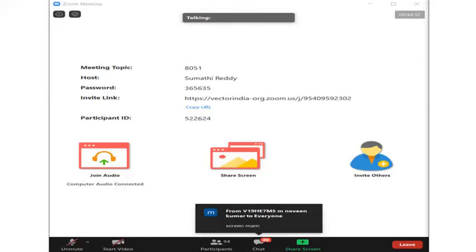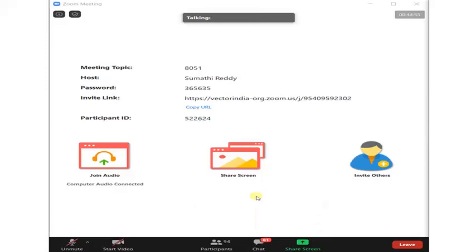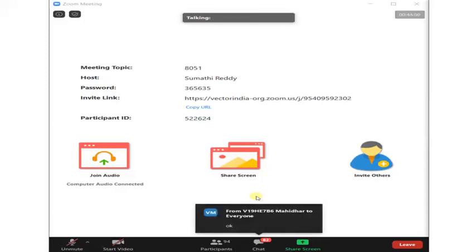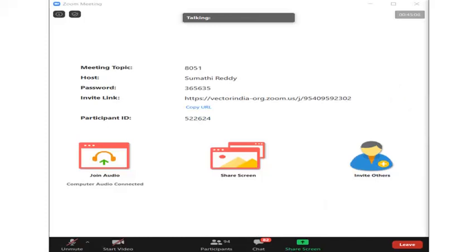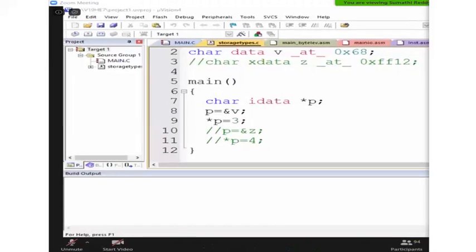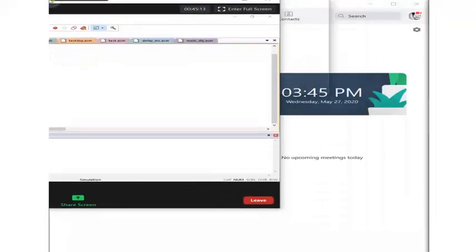Directly addressable variable. Yes, it is coming on my screen. Just wait a minute. See, idata means what type is it? It is in internal RAM only, right? A pointer means indirectly addressable only, right? You are able to see the screen, right?